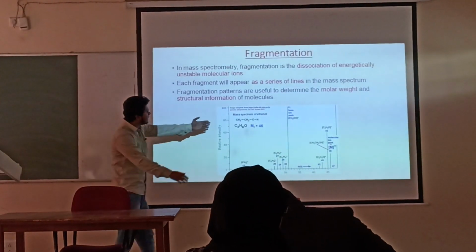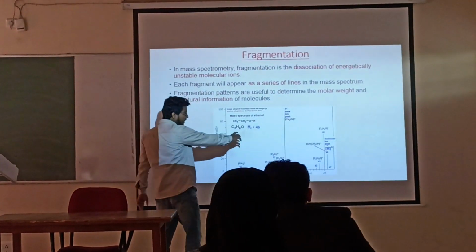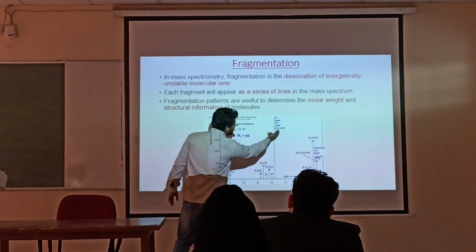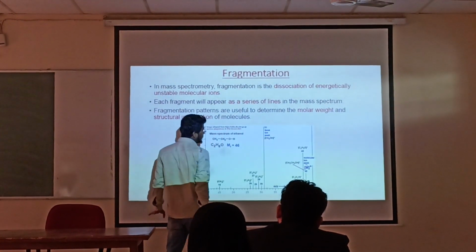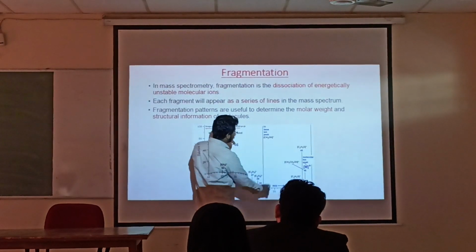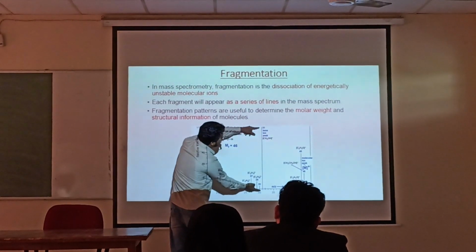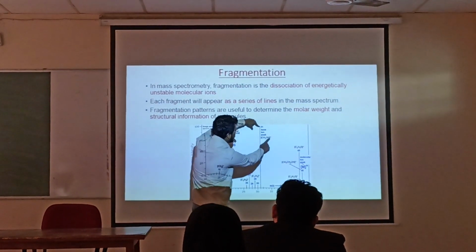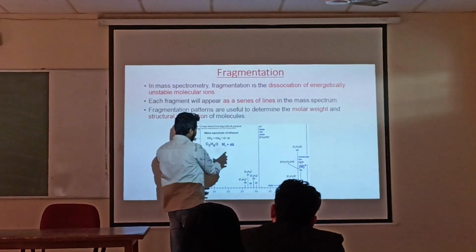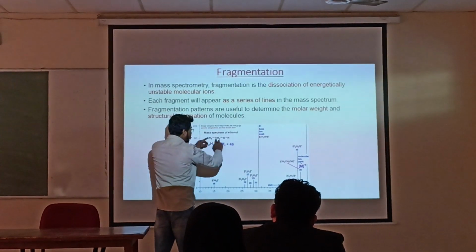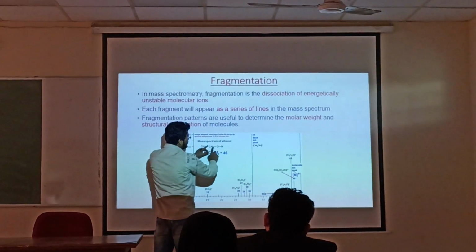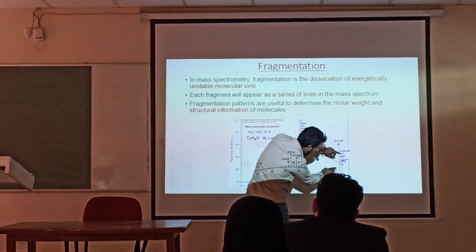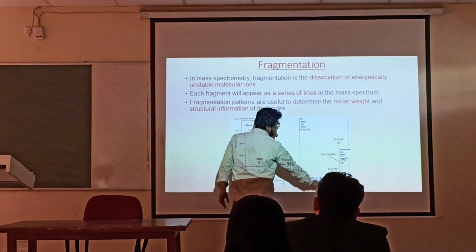You can see here the example of ethanol. Ethanol is getting converted into different fragments, for example CH3+, C2H3+, CH2OH+, and different types of other fragments. Here is the base peak, because the intensity of this peak is very high, and the base peak is the peak of CH2OH+. And the parent ion peak, which will be formed after ejecting one electron from ethanol, is the molecular ion peak CH3CH2OH+.